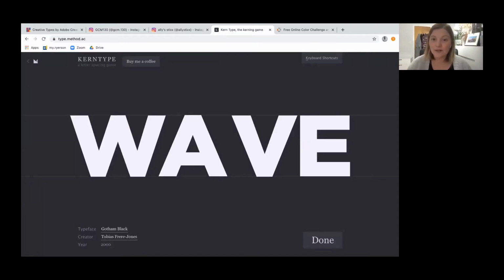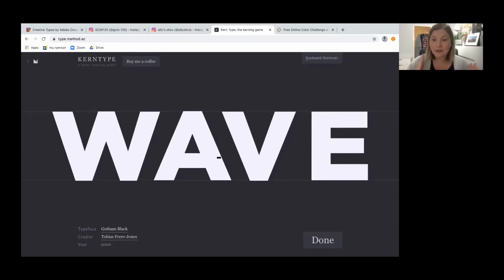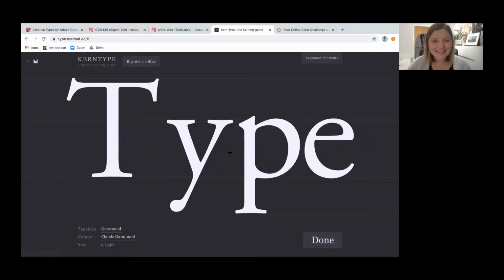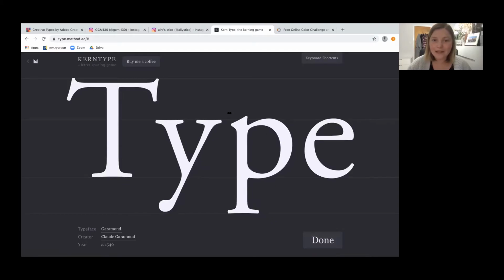So typographers, for example, anytime you set titles, you need to make sure that those titles look nice and even and the spaces between them are nice and even. And that concept of spaces between individual letters is called kerning. So what Jay's trying to do is move the A and the V such that they're in the perfect position relative to the W and E, and it tells you your error rate. Look at you, 100%. You see that? A plus, A plus. And now you have to move the Y over a little bit and the P over a little bit so it's balanced.